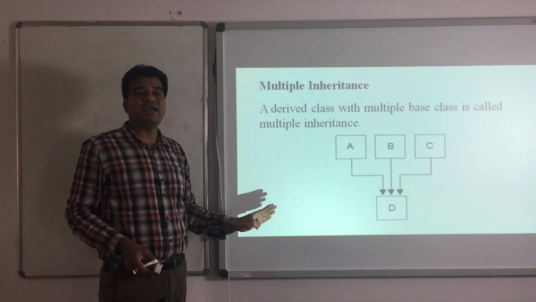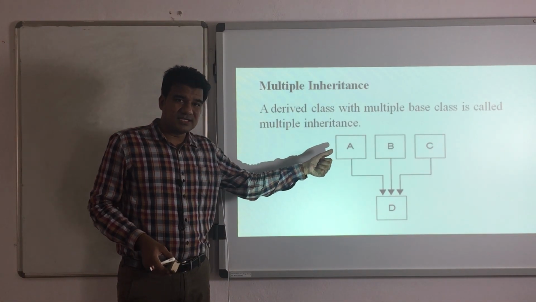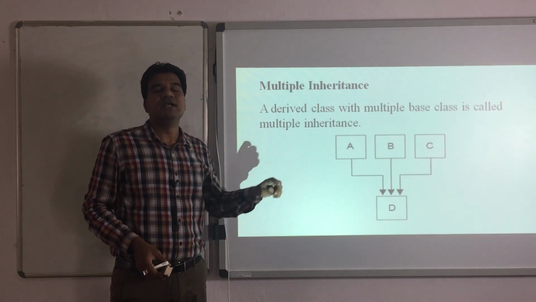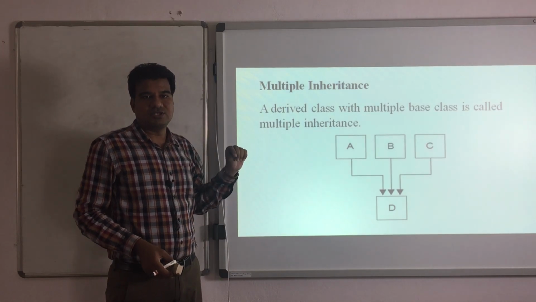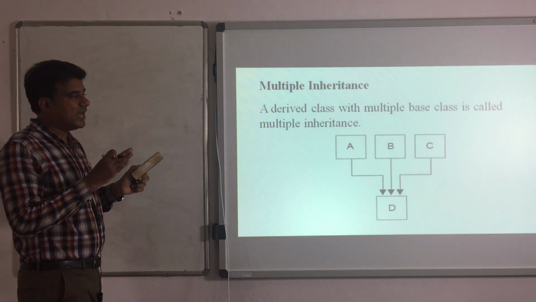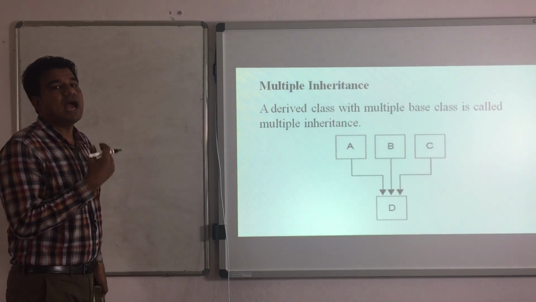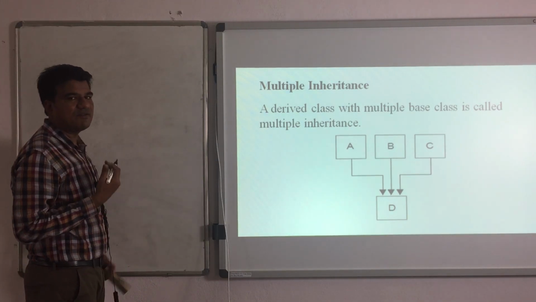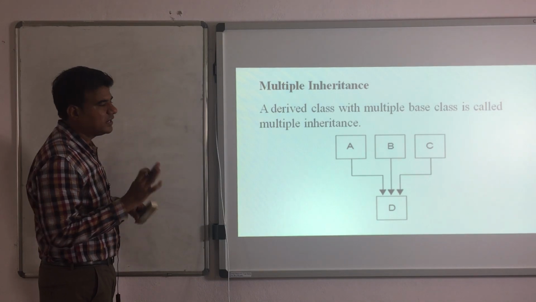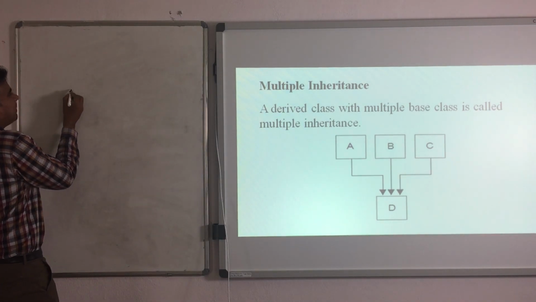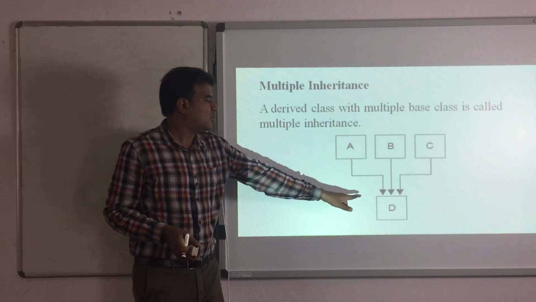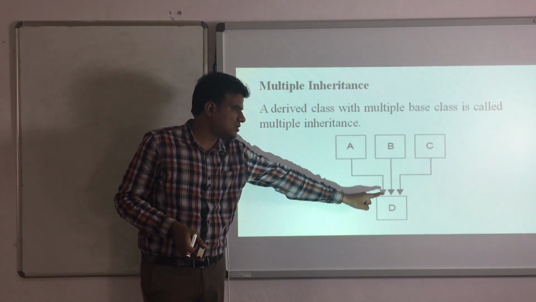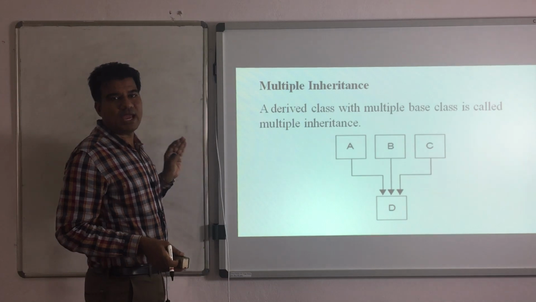Not only like this, you have the flexibility of inheriting A's data members in private, B's data members in protected, C's data members in private. Likewise, you have the flexibility. You can inherit individual classes in individual modes of inheritance. So quickly, let us assume that A, B, C we have already defined. Now I am defining D. In my class D, I want to inherit A class data members in public mode, B class data members in protected, and C class data members in private mode. In that way I want to inherit.